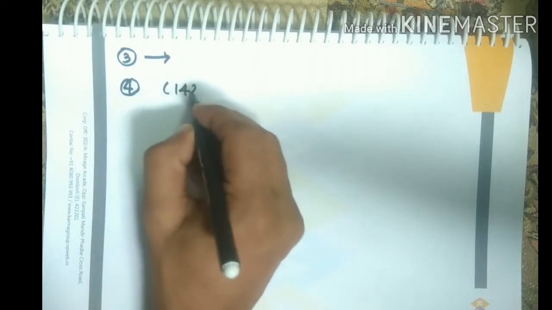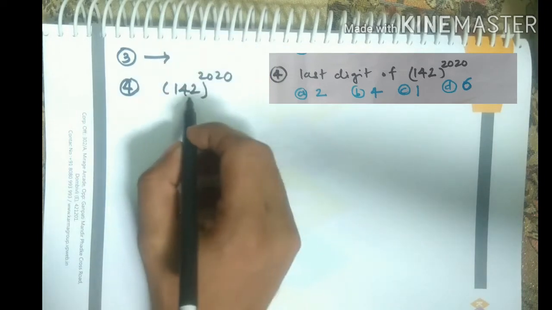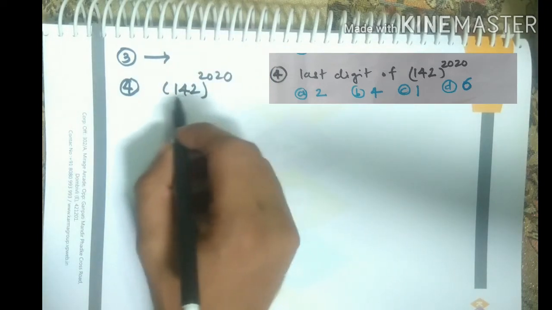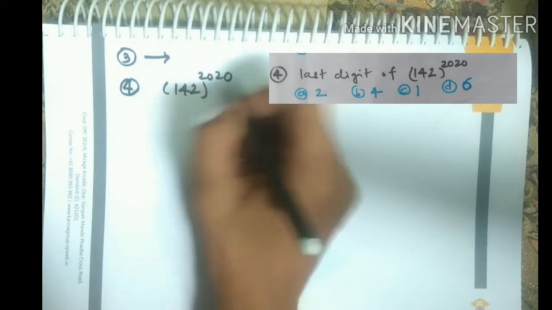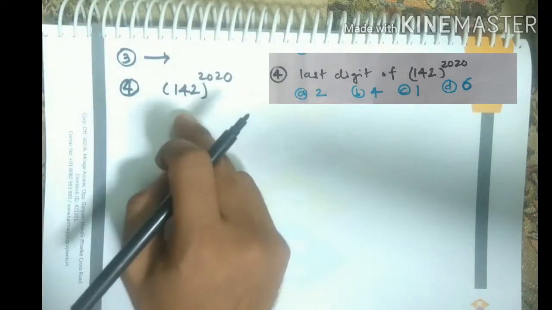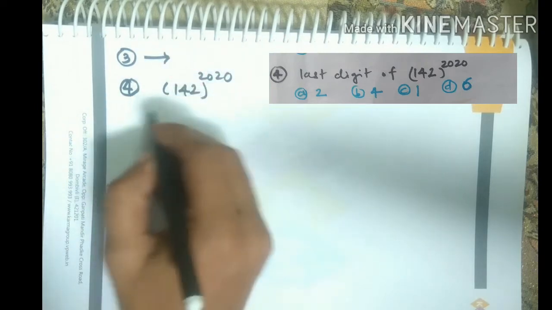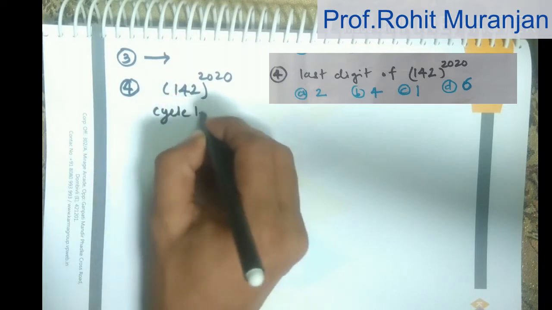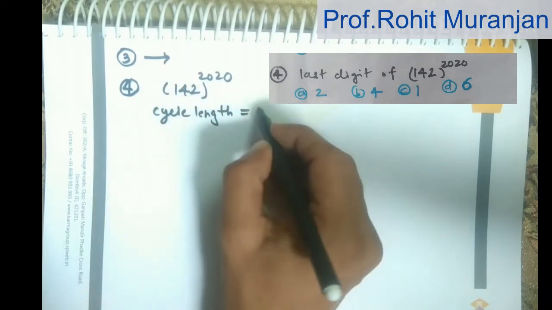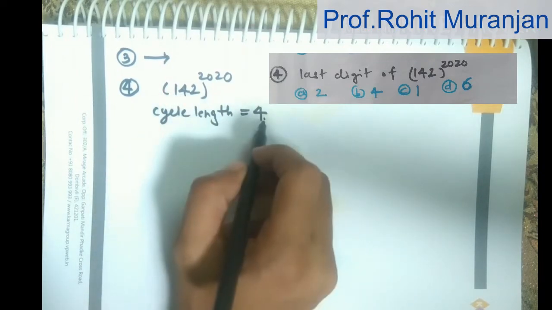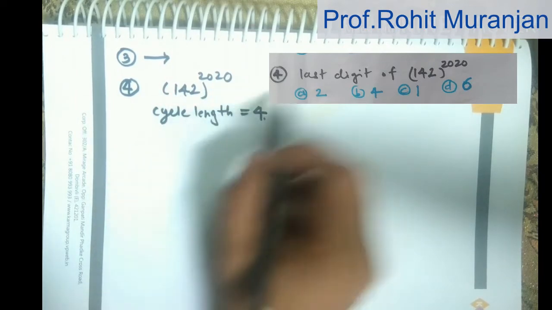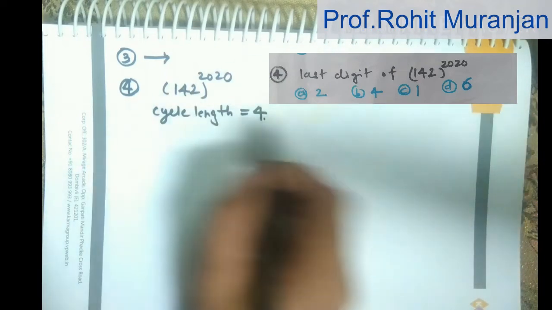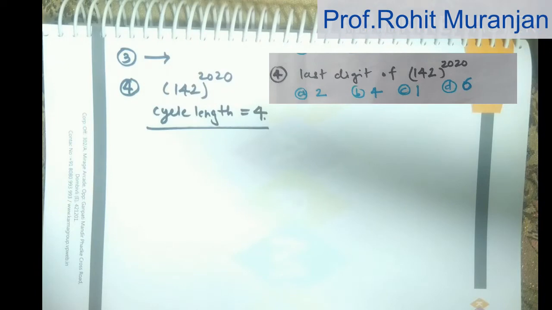In the fourth one, now see this fourth question, I have already uploaded a video on how to find out the unit digit of big numbers. So finding the unit digit of 142 raised to some power is equivalent to finding the unit digit of 2 raised to some power. Okay, so in order to find the unit digit, first we find the cycle length of 2. So what is the cycle length of 2? We already found that the cycle length for 2 is 4. Okay, if you don't know how to find the cycle length, I will provide a link in the description. You go and check how to find the cycle length. Okay, so the cycle length in this case is 4.